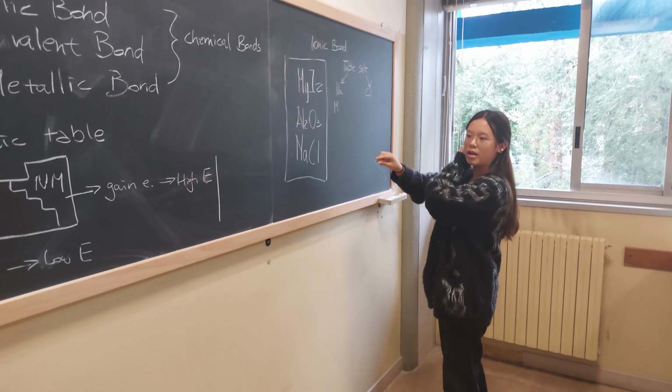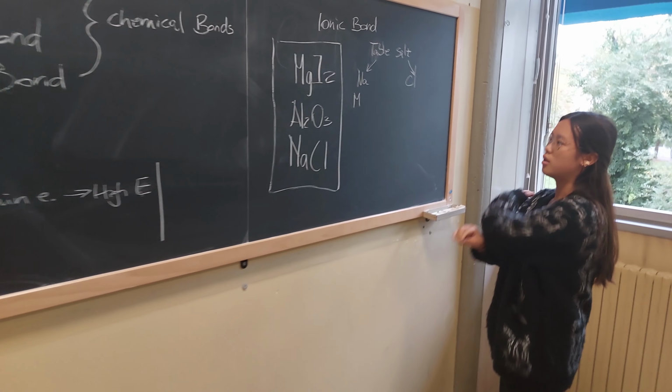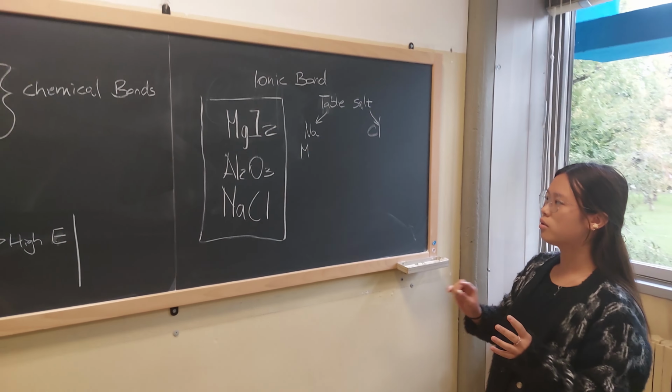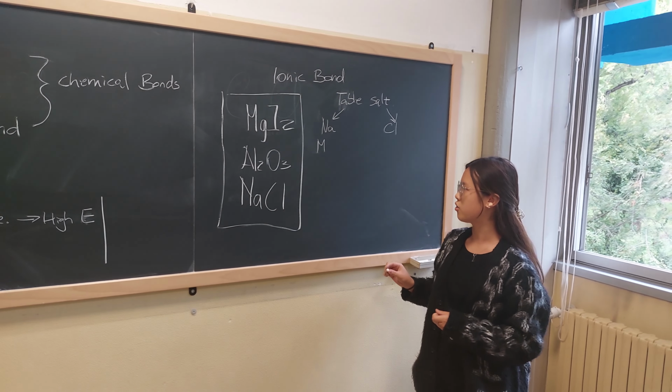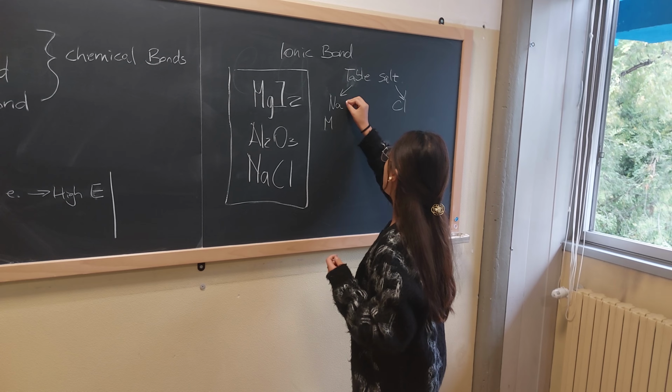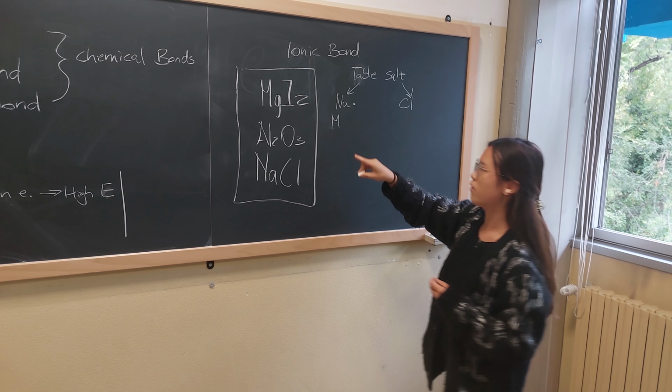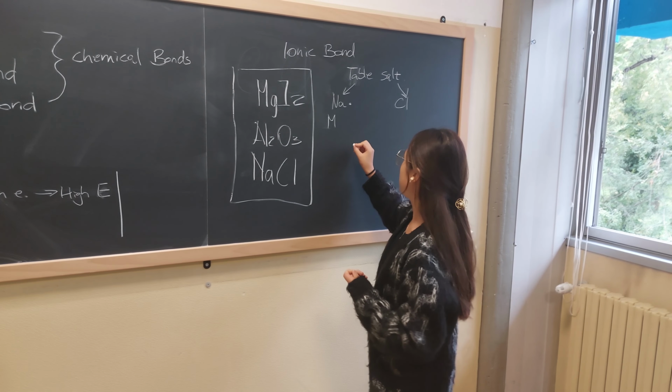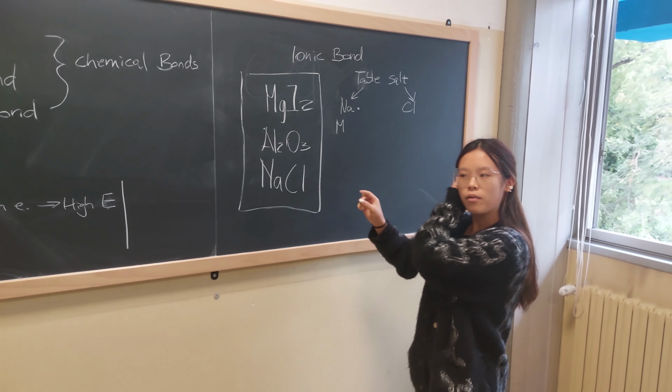As we said before, metals tend to lose electrons because they have only 1, 2, or 3 electrons in the valence shell. In the case of sodium, we have just 1 electron in the valence shell because its outermost